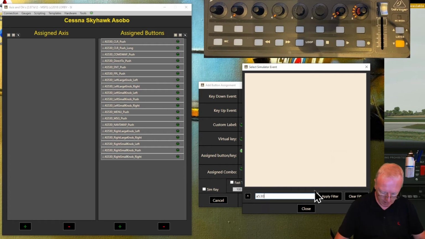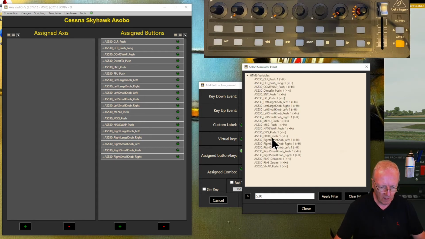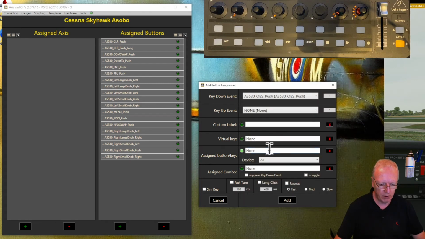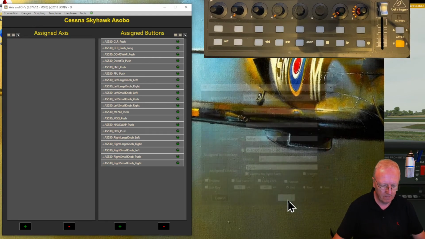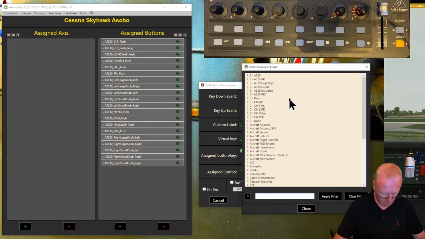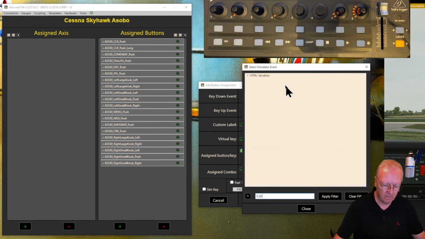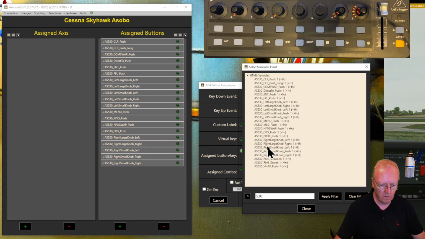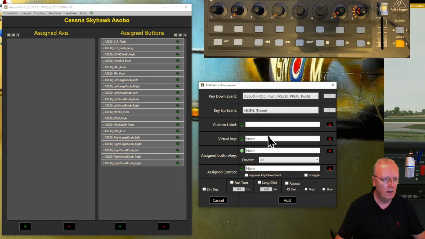530 push. And nav swap push. So OBS push. And the OBS button was. So. Procedure push. And procedure was